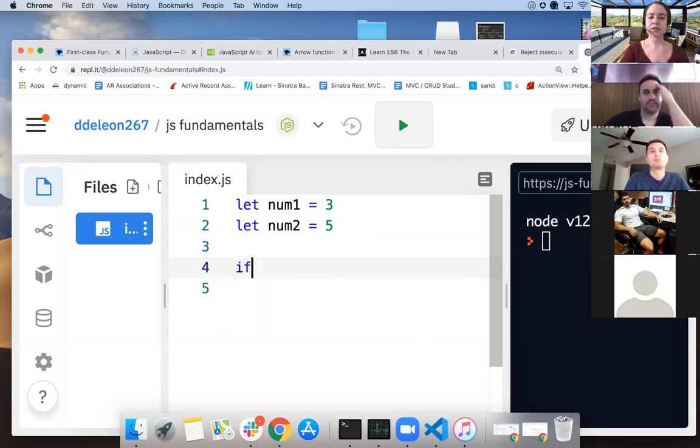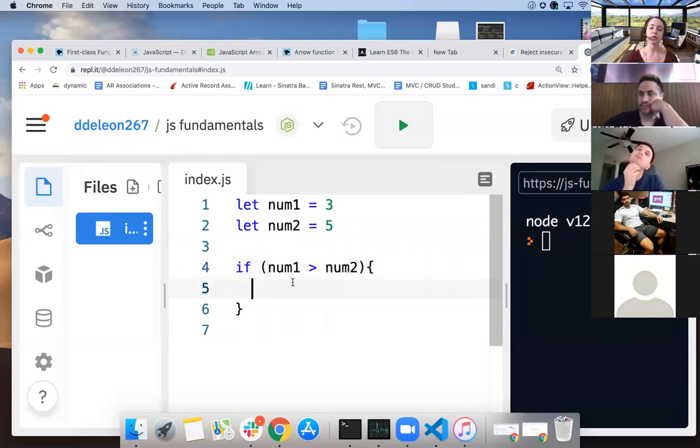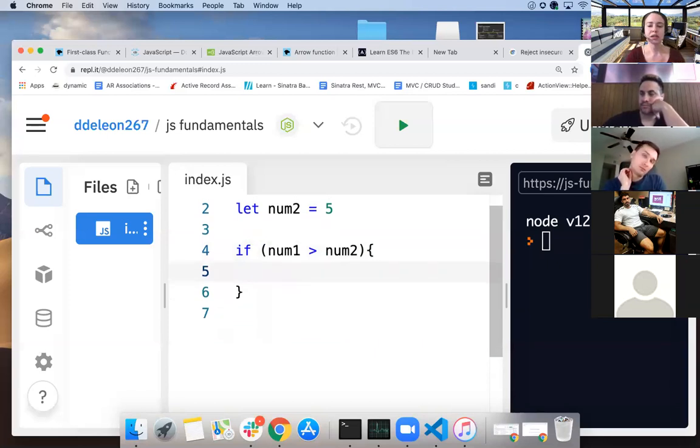So we're gonna set up an if statement, right? These parentheses are mandatory as far as I know, but that's where you actually put your condition. When we're working with numbers in JavaScript, just like in Ruby, we can compare them. We can see if they're equal, greater than, those operators for the most part are the same. So I can do something like if num1 is greater than num2, do something. I start a block that's gonna have whatever I want to run in that case. So in this case, I'm just gonna log,